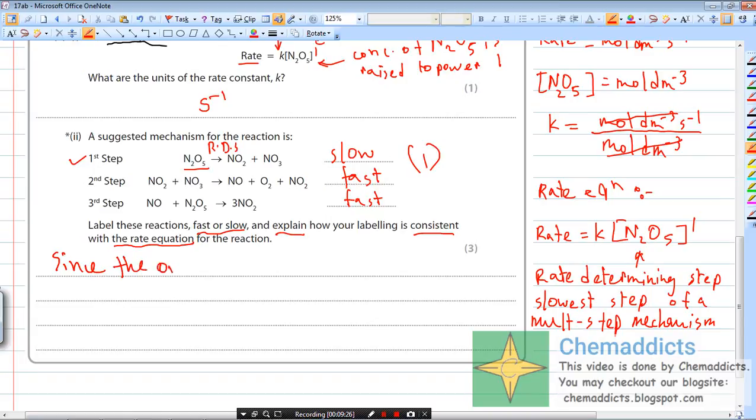Since the overall order is 1, and the only species